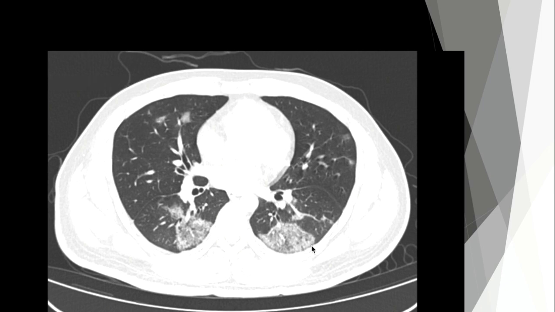And that involves opacities or infiltrates with more peripheral high attenuation and lower attenuation centrally. So we see that bilaterally here. And we often see this reverse halo or atoll sign in patients who have organizing pneumonia. And although this isn't pathologically proven, that could suggest that organizing pneumonia is the pathologic response that we're seeing to